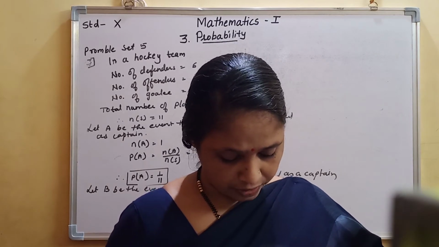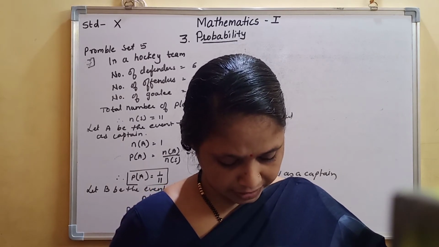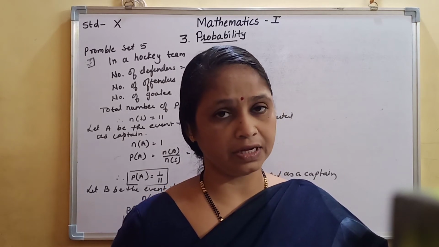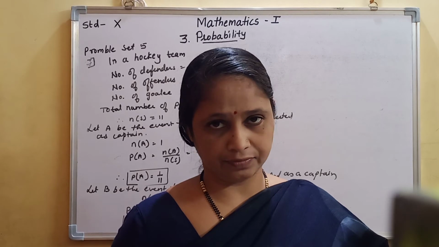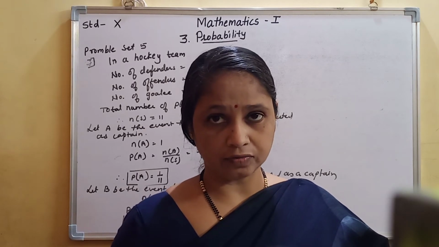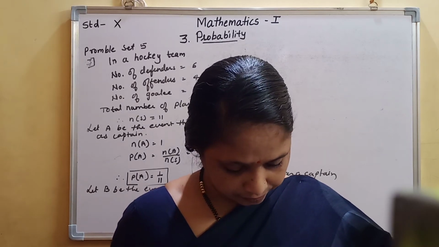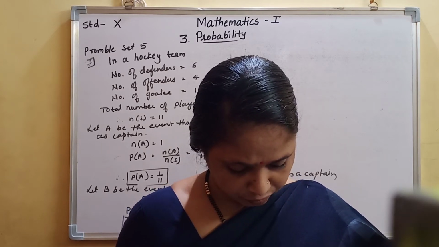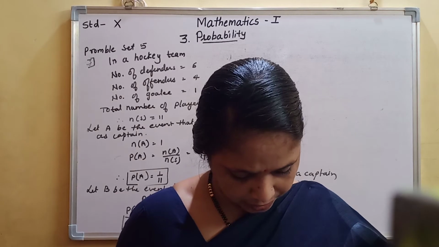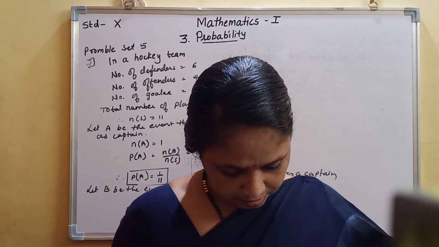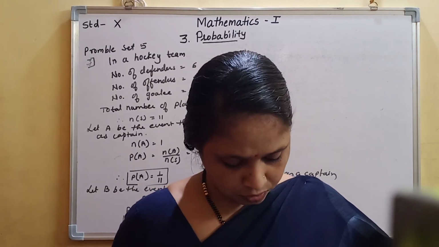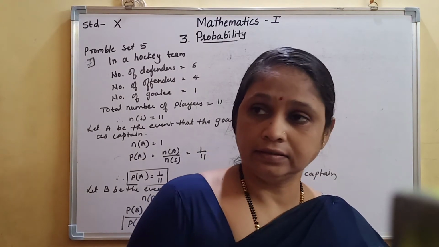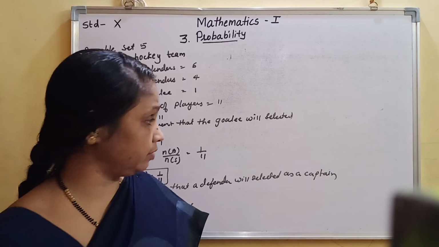Okay. Now vowel cards which are there. Now 26 cards means in an English alphabet how many letters do we have? 26 letters we are having. Okay. Out of that, what is said? Event is a card drawn at random. What is the probability that the card drawn is a vowel card? So let the event that a card is a vowel card be A.